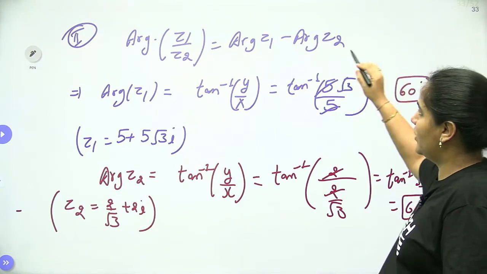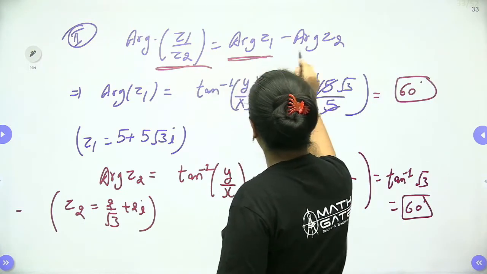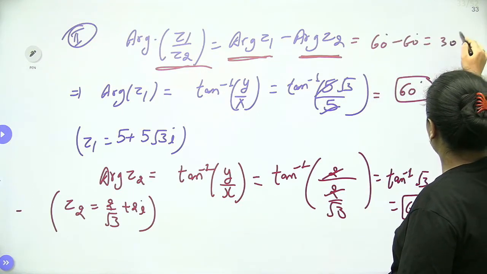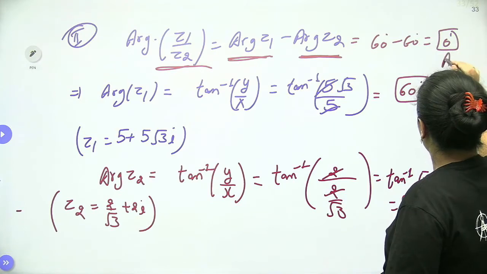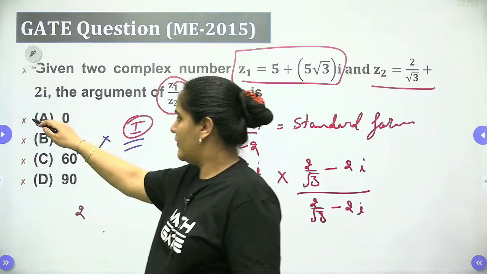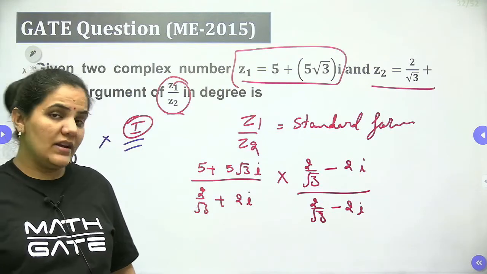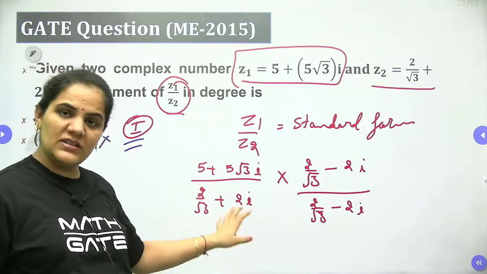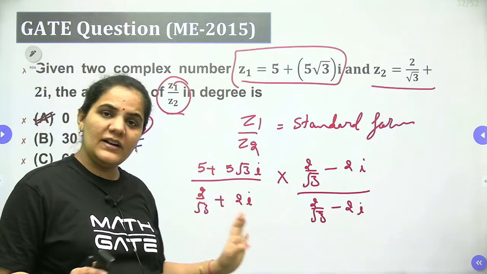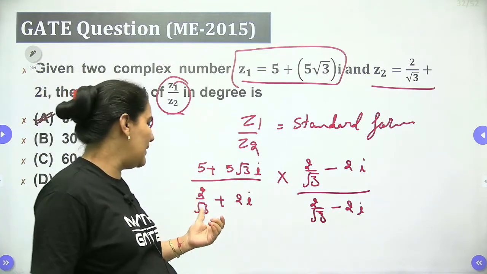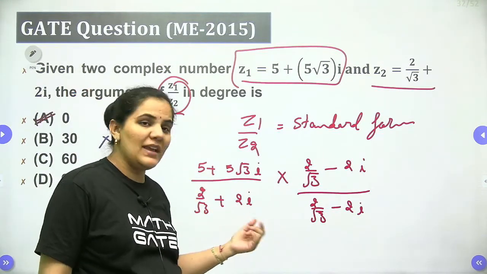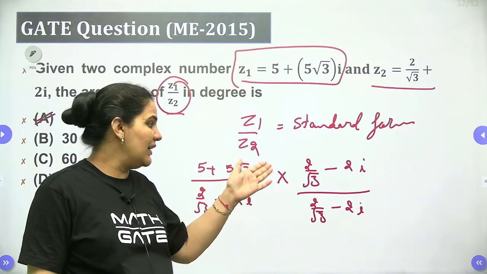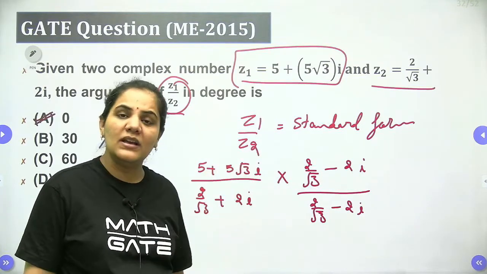As we know very well, argument of z1 by z2 is equal to argument of z1 minus argument of z2. Here we are having 60 degree minus 60 degree. Hence the answer will be 0 degree only. So we can conclude the result will be 0, which we can see in option number A. Okay guys, which we can see in option number A. So here we can conclude directly that the first form is this one. If you want to go with it, you can go. Definitely there will not be any difficulty, but it will be lengthy, because here in the denominator it will be a square minus b square pattern, and in the numerator we have to multiply a plus iota b, and it is something like that, c minus b d iota, right?